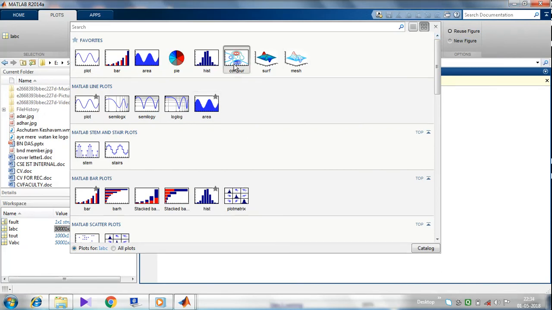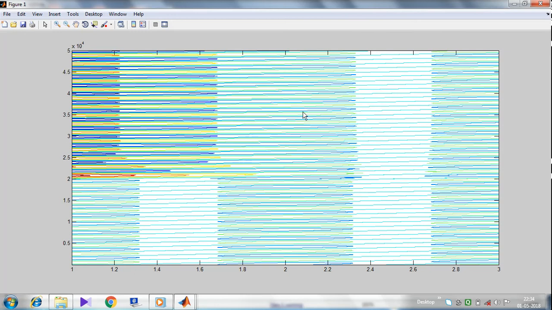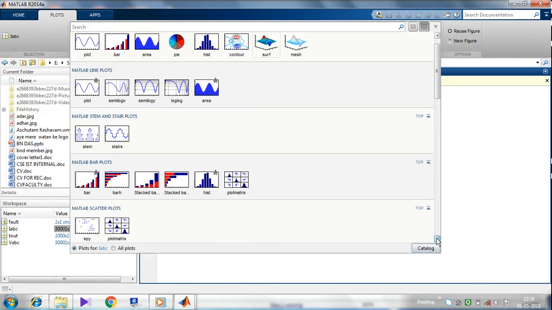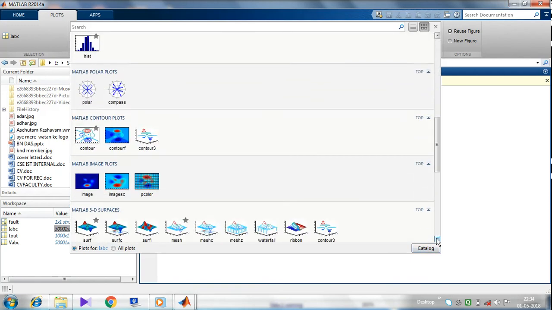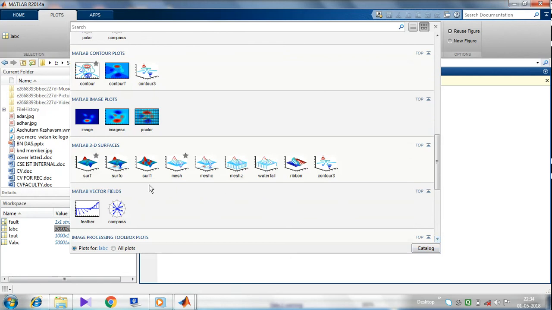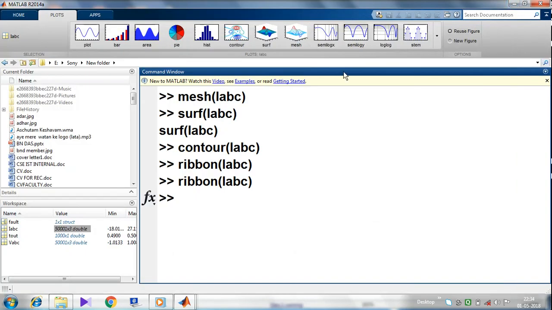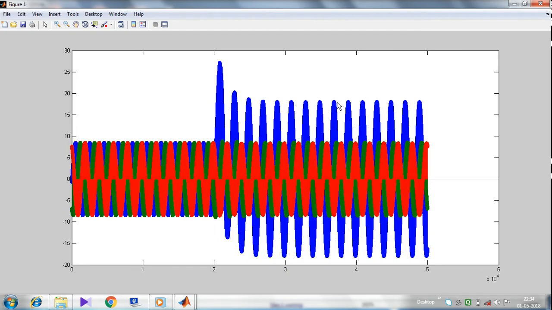And you can see also contour. This is the contour for fault between phase A and ground. You can also see the different views, that is ribbon. This is the ribbon. And there are so many views we can find out. This is the stem view,